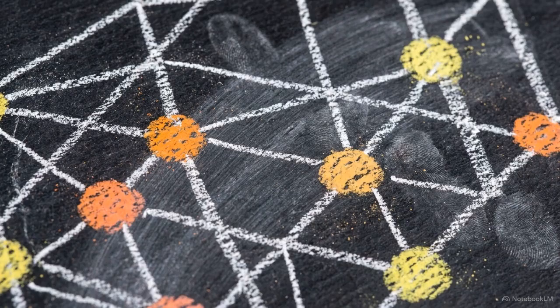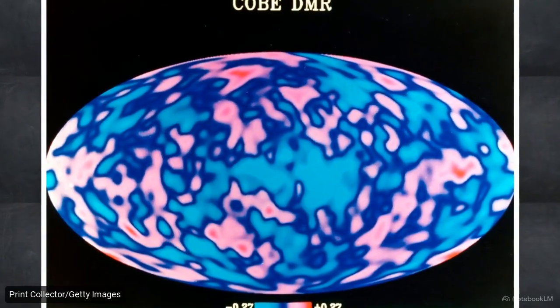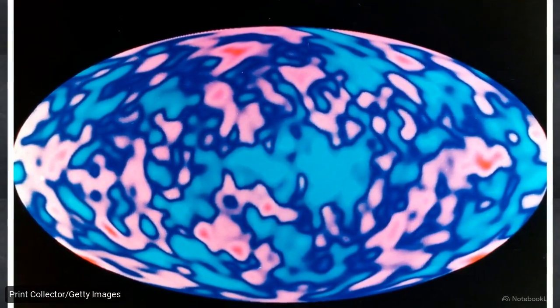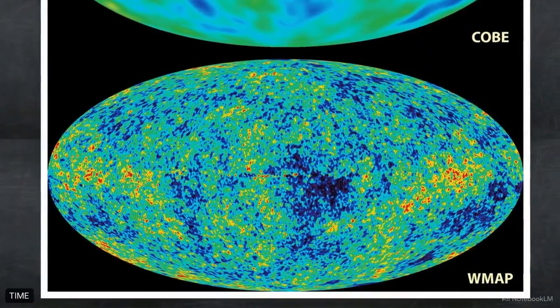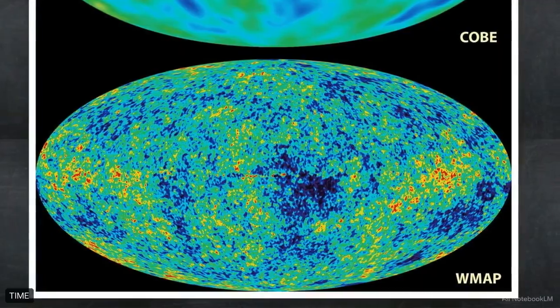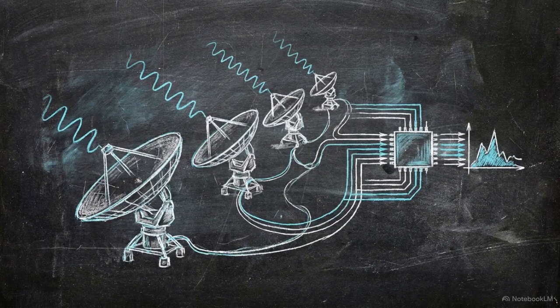Precision measurements have overwhelmingly confirmed the ΛCDM cosmological model across the vast majority of angular scales. At small scales, the predictions align perfectly with the observed universe. Our window into the early universe began mapping temperature fluctuations with this, the COBE DMR map. 9 years later, WMAP delivered a much sharper view. It confirmed the exact same large-scale patterns COBE saw, proving these fluctuations were physical realities rather than instrument noise.